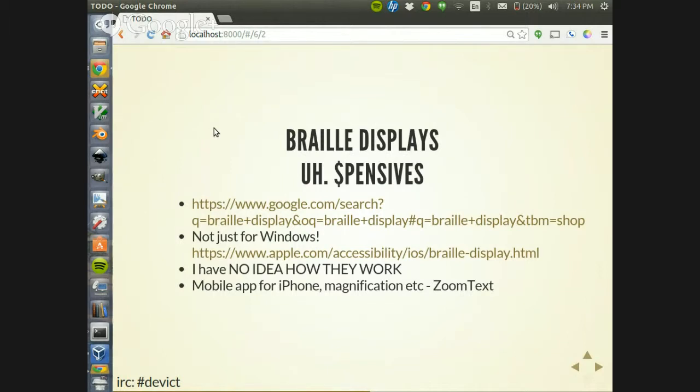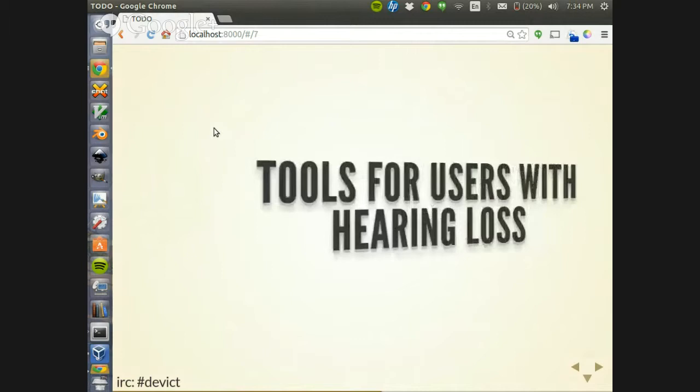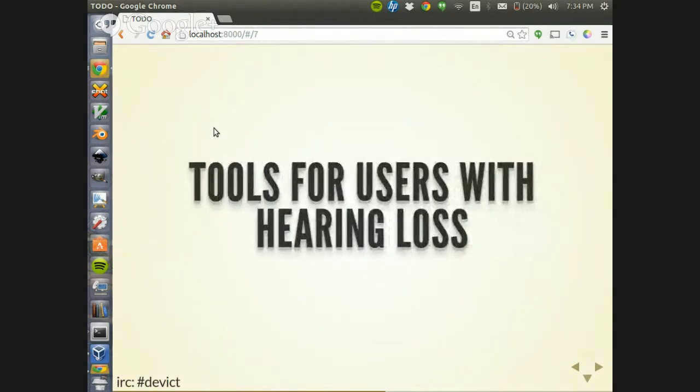There are some mobile applications. I was clued into one called ZoomText for the iPhone that had more to do with magnification of content. So for someone with low vision, I didn't look. There may be. I don't think there's Braille displays for mobile devices. I'm not sure how that would work in a workflow, but it'd be tough. Right? They're Bluetooth. Bluetooth? Crazy. I've got more Googling to do, right?